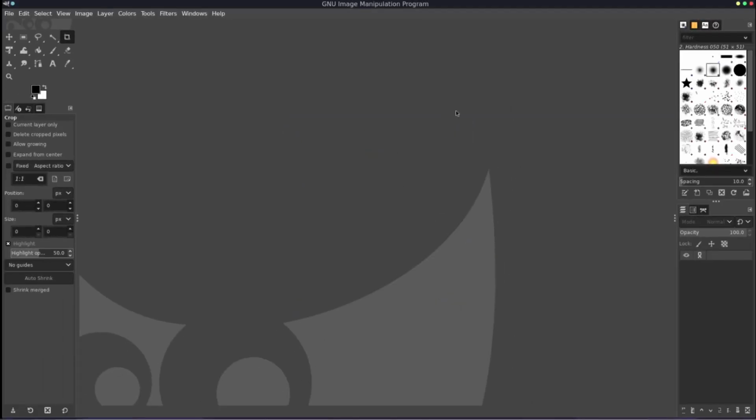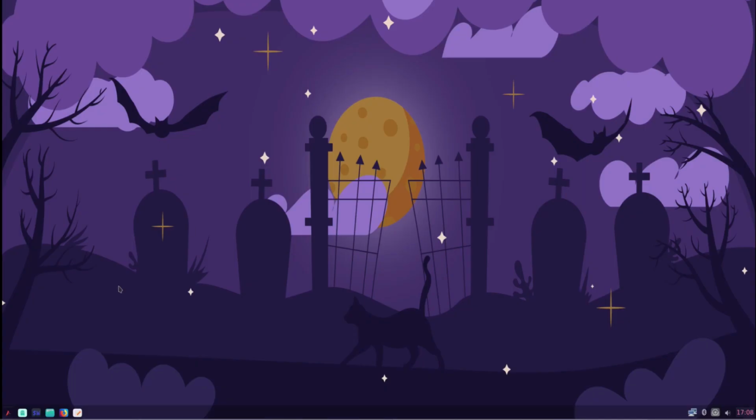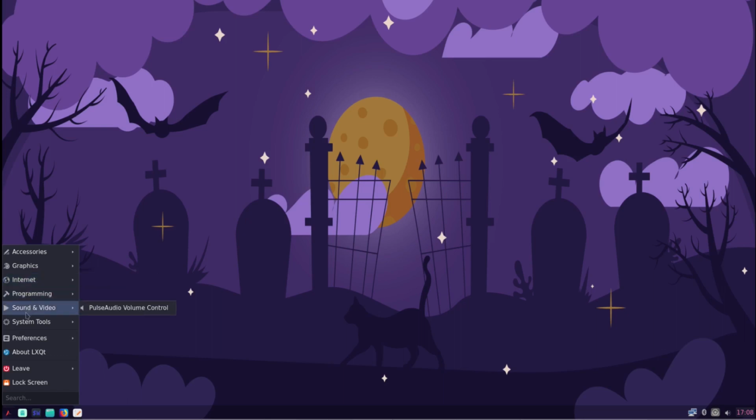Alright, that's GIMP. And under internet, we have Firefox, which we've already seen. Then we have programming, sound and video, which pretty much only has the pulse audio volume control. And then you have system tools. So what I'm going to do is open up Octo XBPS just to download